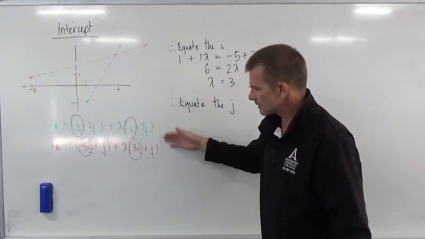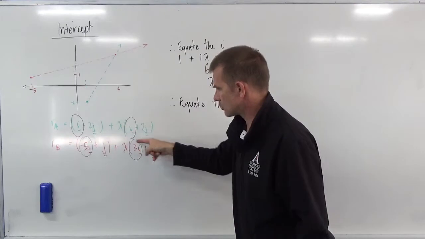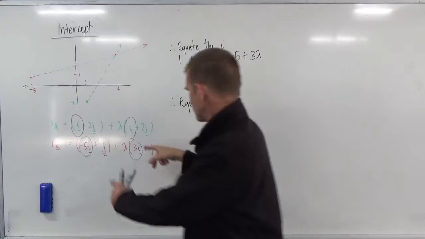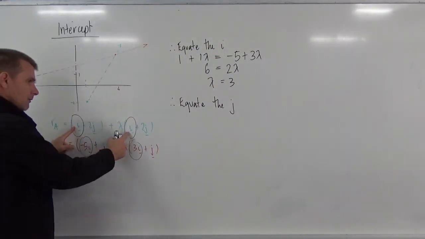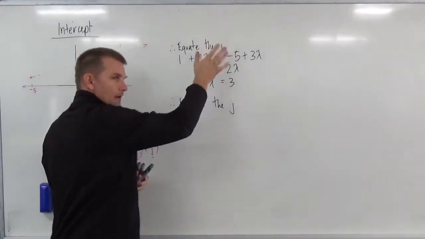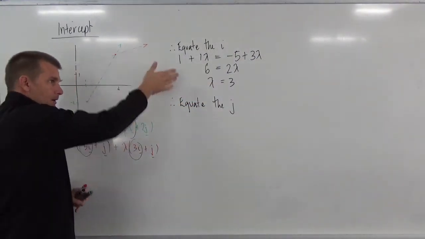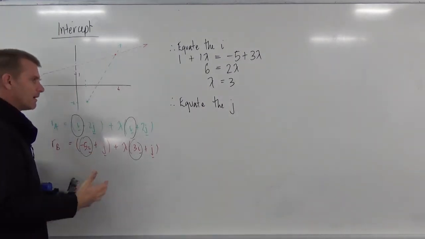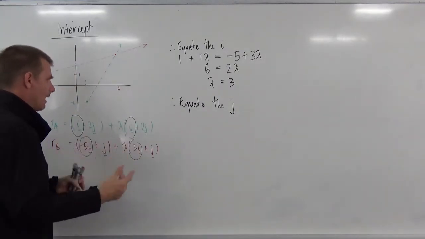Well, here's these two vector equations of a line, a start point and a direction that they're heading on. So I'm going to equate the i's first. So I've taken these ones that are circled and I've put them in there. On the left-hand side here is these 2, but I've dropped out the i part. I don't need that because I've already said that's what I'm working with. And here is the i part from the other one, and you can see I work that through and get lambda equaling 3. Now what that means is after 3 units, let's call it time, hours, after 3 hours, the